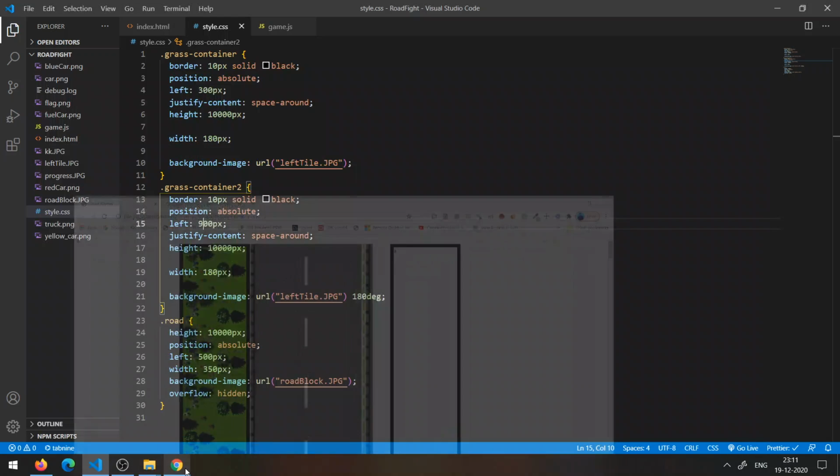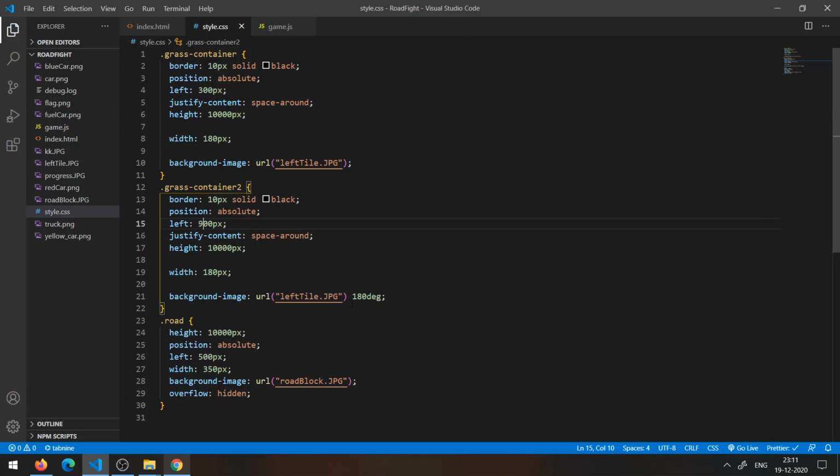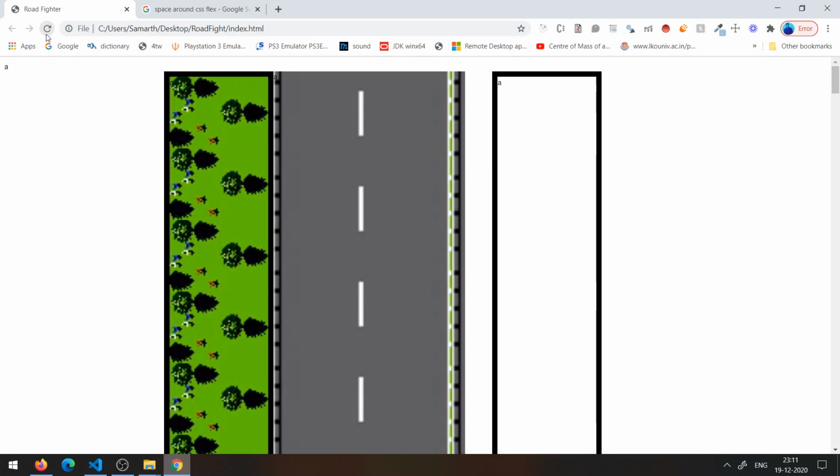Okay, why have this left tile? This 180 is not understood by it. I guess it will be 180 degree. Okay, flip